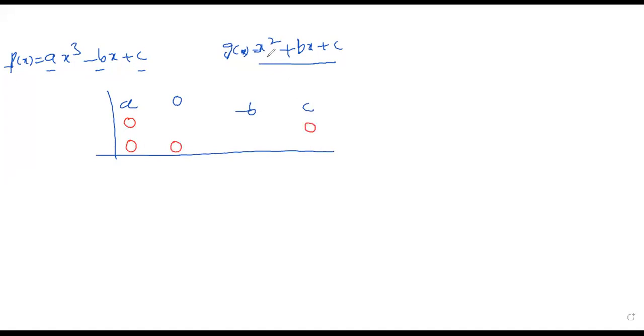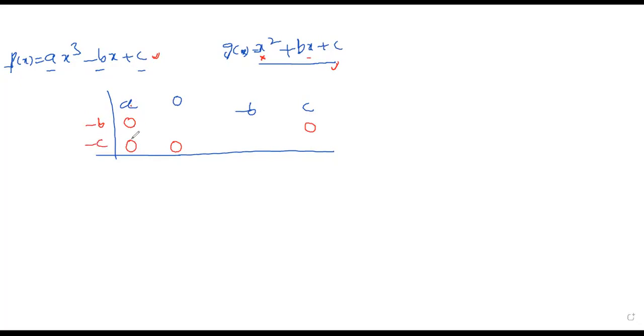Now, the polynomial you are dividing, you are dividing with this polynomial. So here there is no need to take the x square coefficient. Always make sure that the x square coefficient is 1, as here it is 1 only. Here the x coefficient is plus b, but we have to change the sign and write here minus b. Next, here plus c, we have to change the sign and write here minus c.